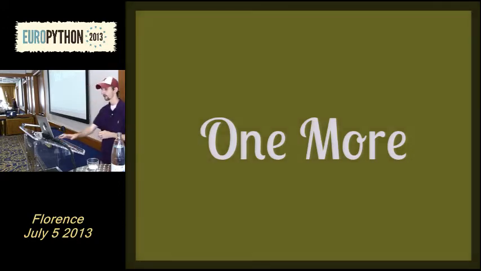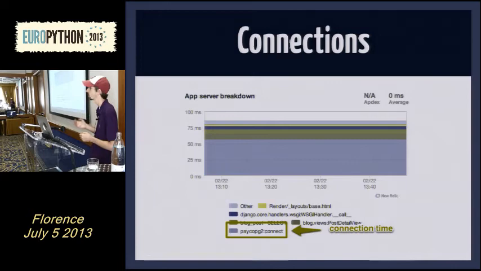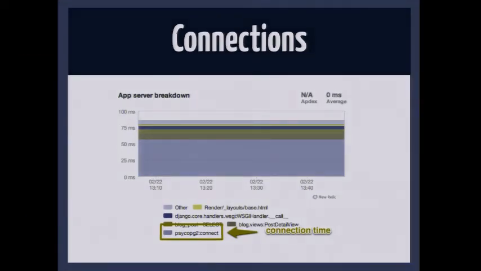All right, so one more thing, and this will be the last time I'll poll you guys. How many people here run connection pooling for your database, like PgBouncer or PgPool? Okay, so for everyone that doesn't, your Django requests very possibly are looking something like this. So this is a pretty average application on Heroku, out of the box, stock Django. And if you see right there, there's connection time. And the connection time is about 60 milliseconds. And the rest of the request is maybe 15 to 20 milliseconds.